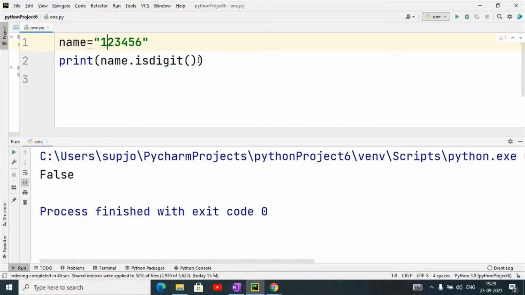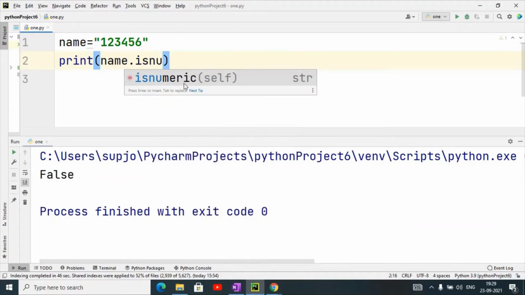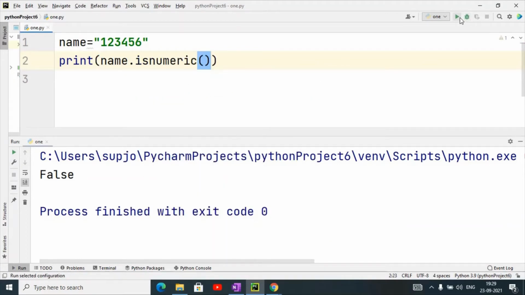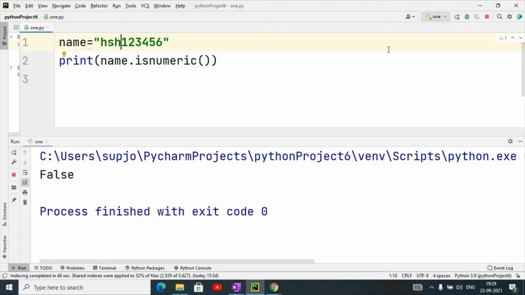And the isnumeric function is also available. It will also check numeric values. So you can use isnumeric or isdigit, both functions.